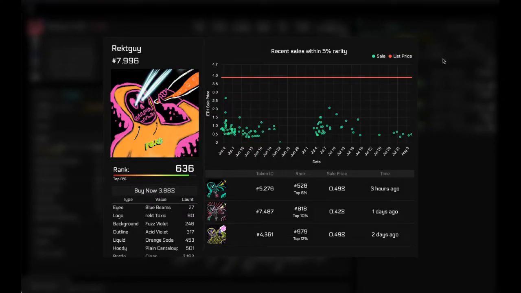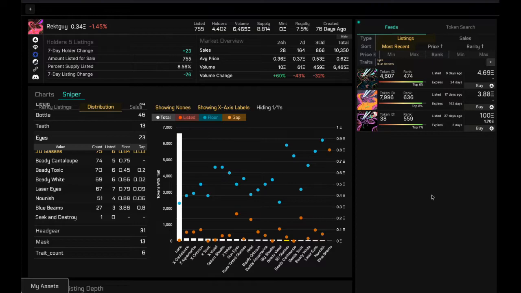We go back to this page here, and yeah, that's how to use the sniper function on